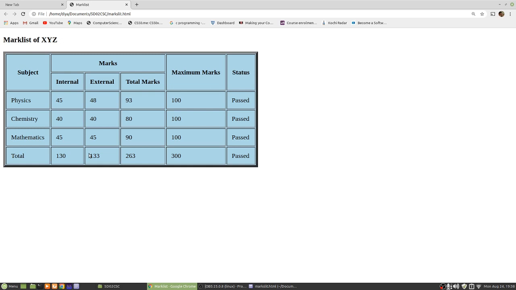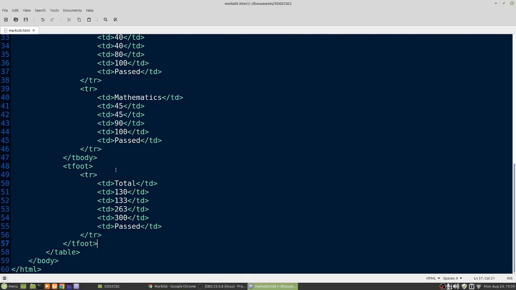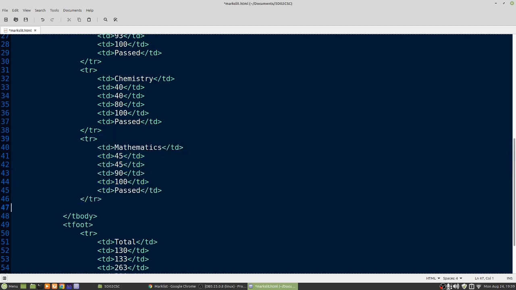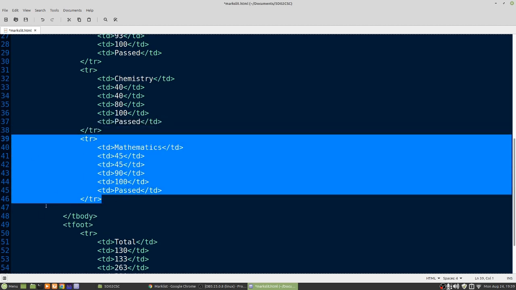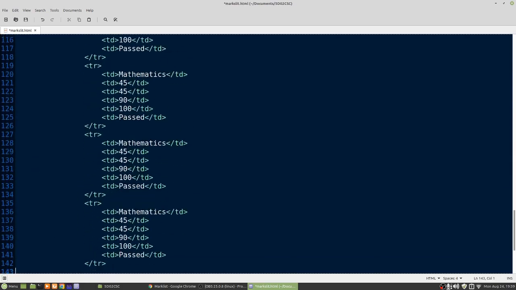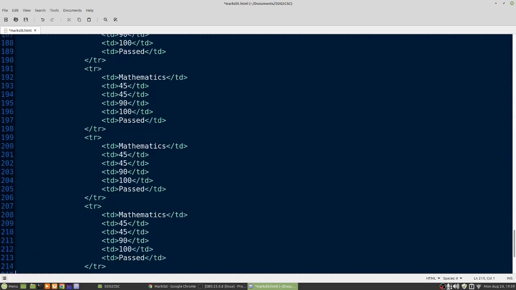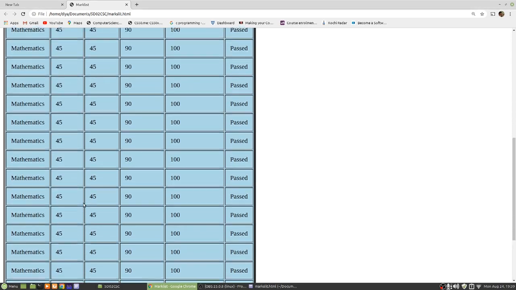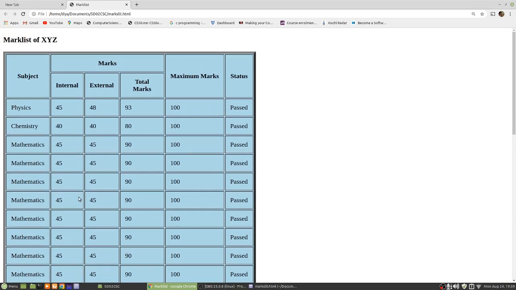Then why it is used? This will be used if your table is getting printed into a paper. Then if it spans for more than 1 page, then it will be useful. So let's see that now. Suppose I am increasing the number of rows. Just for the example purpose, I will copy many rows here. Say 1, 2, 3, 4. I'll copy many rows here. Save the file. I can see it is expanding to a bigger table.